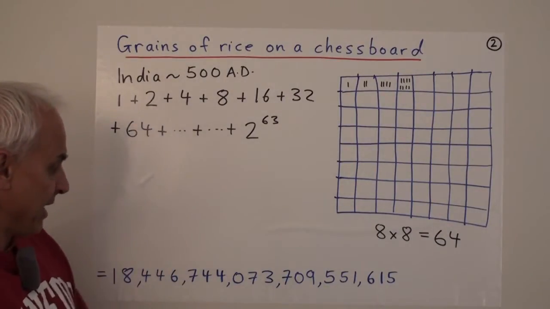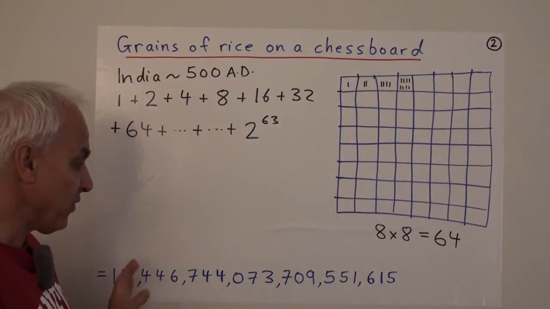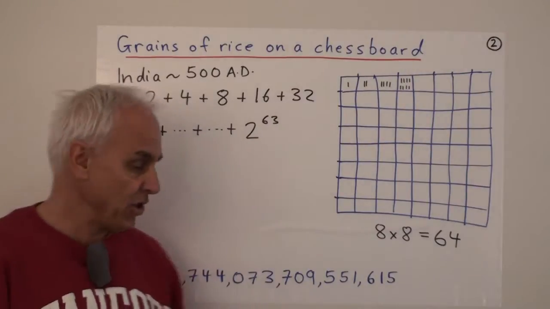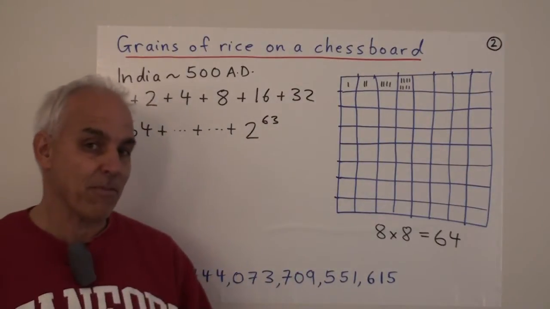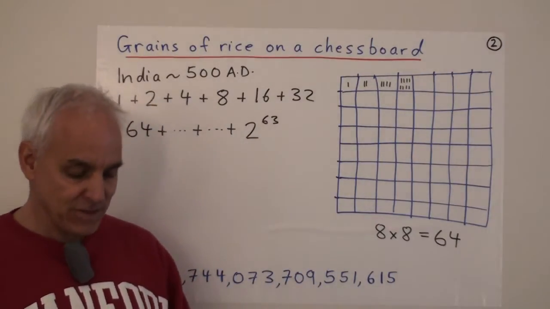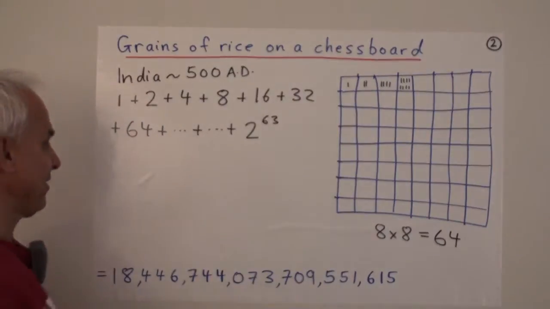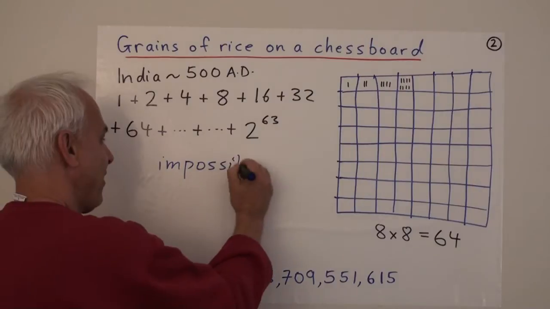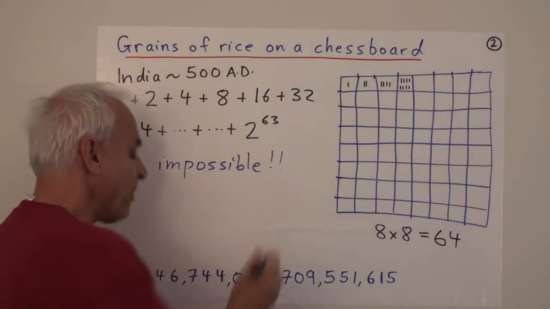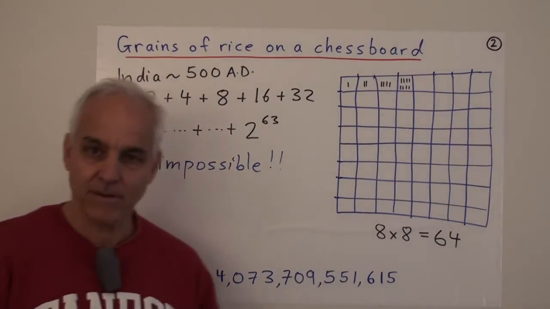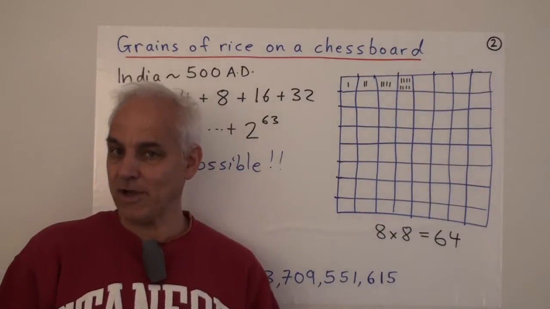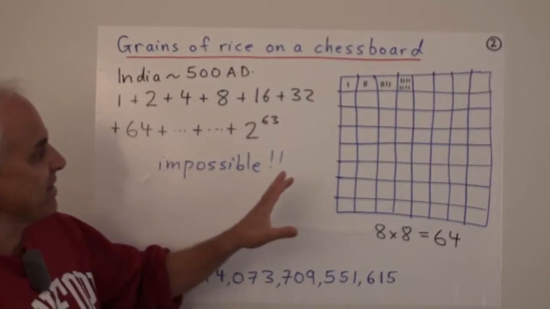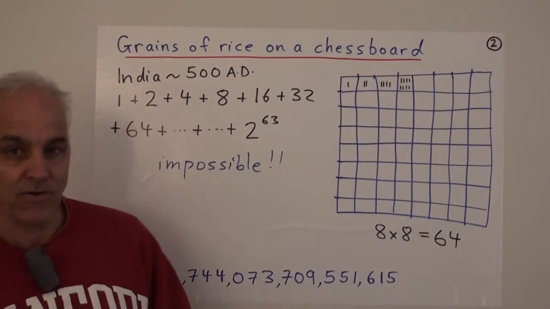In any case, this was too much. Even if you put all the grains of rice in the entire kingdom together, you would not be able to get this total number of grains of rice. So it turns out that this was an impossible task. So I'm not actually sure what ended up happening. Maybe the king decided to change his mind and chop the guy's head off, perhaps, or something. I'm not sure. In any case, this illustrates the idea of powers of 2.